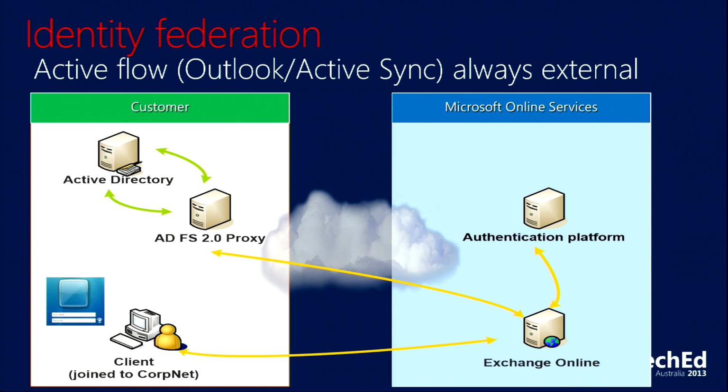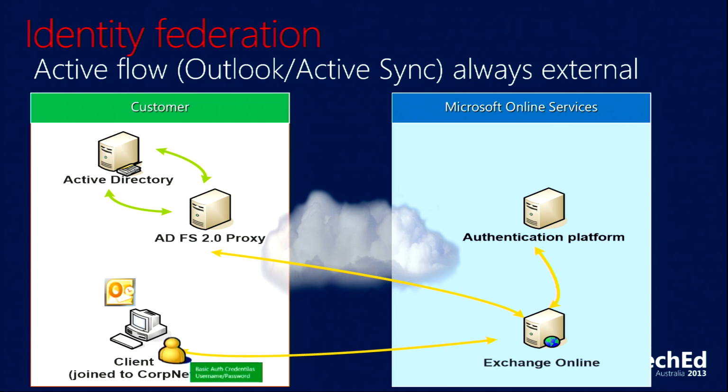So the first thing that's going to happen is the client's actually logged onto their client desktop within a corporate network, and they've started up Outlook. The client's actually going to send a request out to Exchange Online, and it's going to be challenged for basic credentials, which the client's going to respond with. Exchange Online is then going to call what's called a home realm discovery service on the authentication platform. Basically, it's going to check and make sure that the domain the client's connecting with is a registered federated endpoint. And if that's the case, it's going to return the endpoint, which is the address of the ADFS server. And Exchange Online is going to redirect out to the ADFS proxy server.